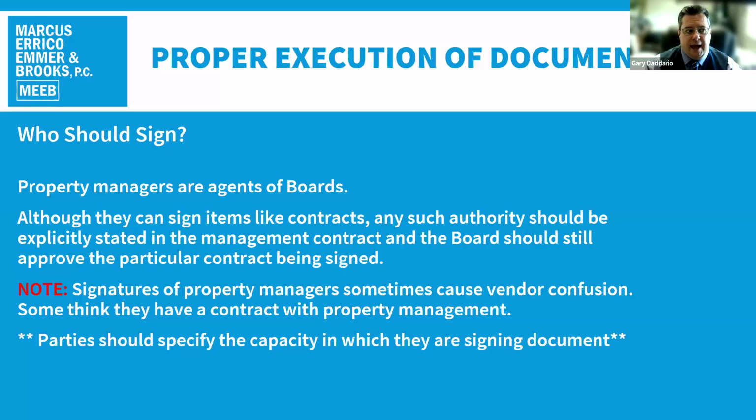And I have certainly had those cases where the relationship breaks down between the association and the vendor. They get into a dispute. The dispute can't be resolved. Now people are making claims against each other in court. And then lo and behold, one side or another might actually attack the validity of the contract itself by saying it wasn't signed by a proper party. It wasn't signed by someone who had authority to sign it. Therefore, the whole contract is out the window, so to speak, to use a professional attorney term. So yeah, that one comes up a lot.